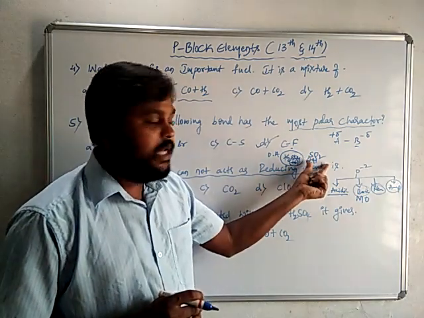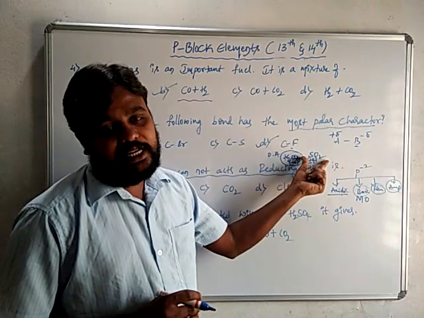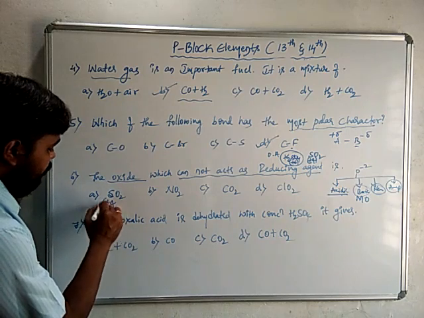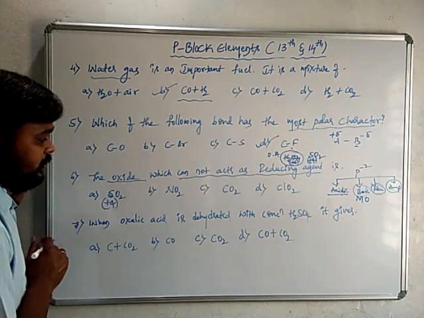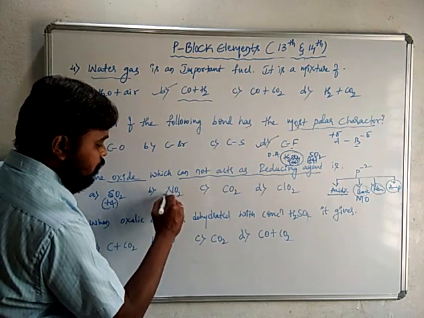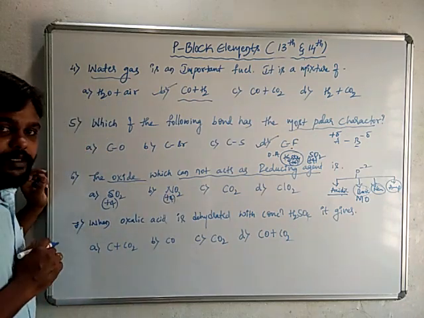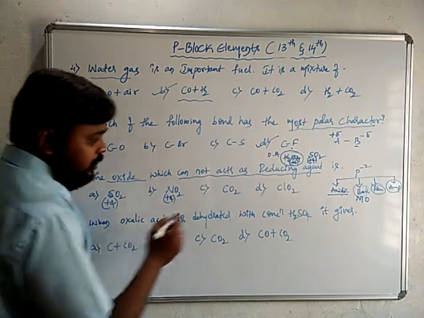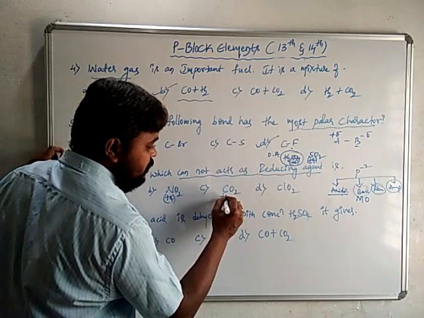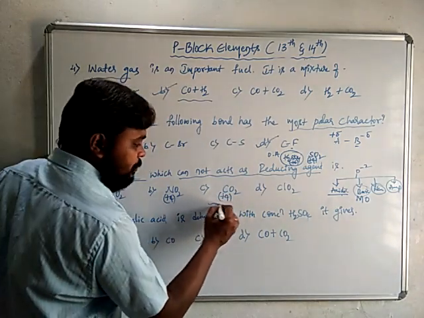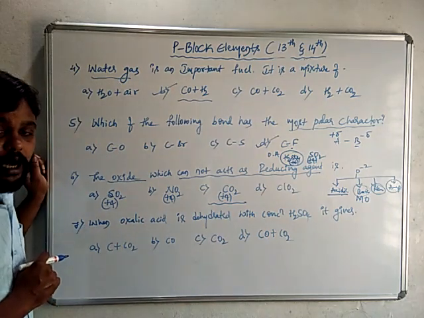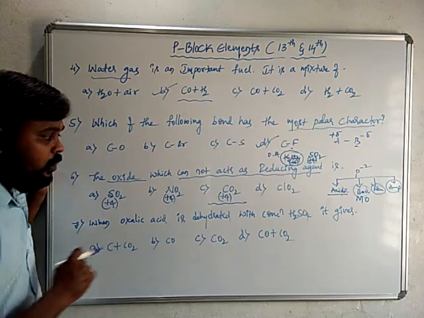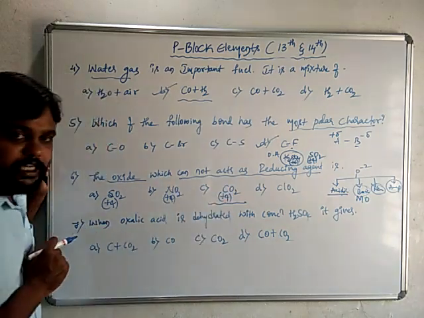So hence it does not act as an oxidizing agent, but it can act as a reducing agent here. Similarly, sulfur dioxide, +4, can act as a reducing agent. In NO2, +4 is the oxidation state of nitrogen, and the maximum oxidation state of nitrogen is +5. So it also can act as a reducing agent. In carbon dioxide, the carbon oxidation state is +4, and here carbon has its maximum oxidation state. Carbon belongs to the 4th A group, which means its maximum oxidation state is +4. Here in carbon dioxide its oxidation state is +4.